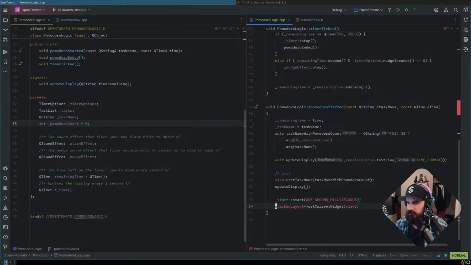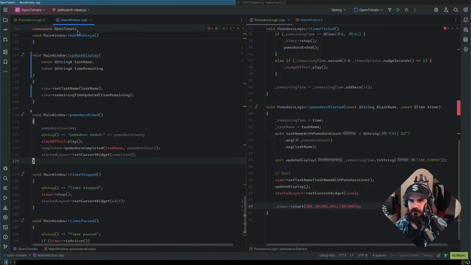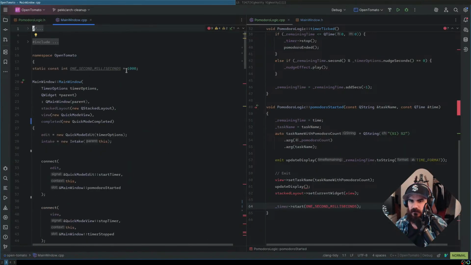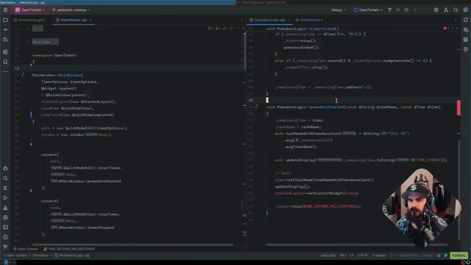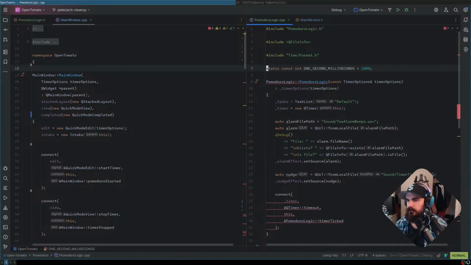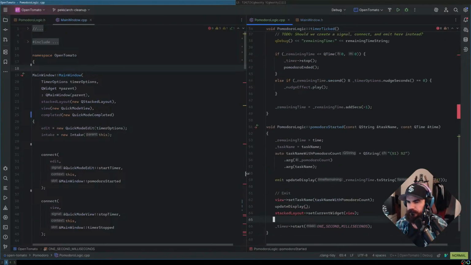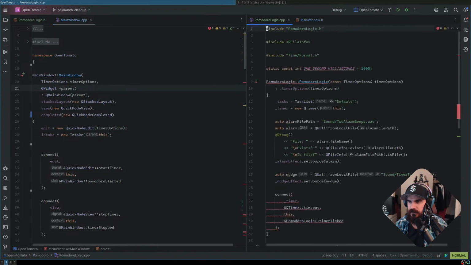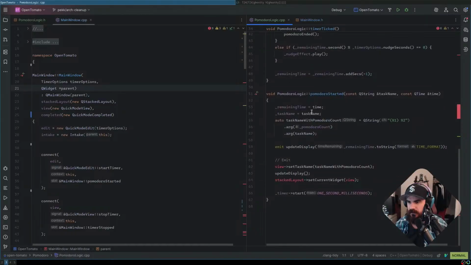Timer.start. Oh, stacked layout, set current widget view. This is all part of the emit. And then 1 second, millisecond was, I guess, over here. I don't know why these files use namespaces and these ones aren't using namespaces. I don't know how that ended up happening, but it did.